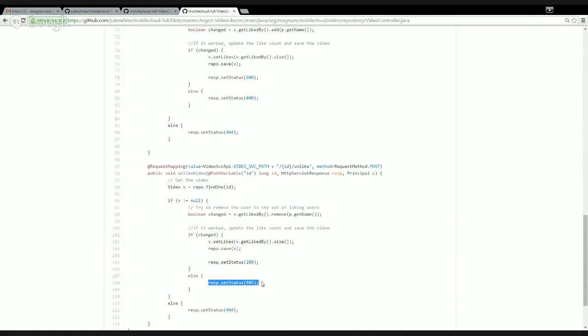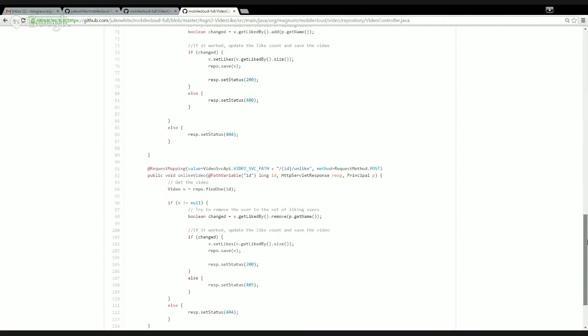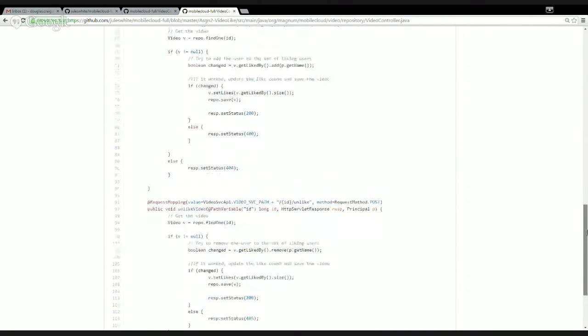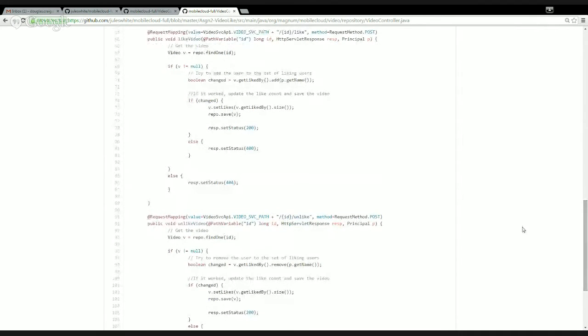If there was no change, meaning that the person tried to unlike a video that they had not liked, then we send back an error code. And so that's really the main difference, other than the binary data, between version A and version B, is just likes versus ratings, and this is again showing two different ways